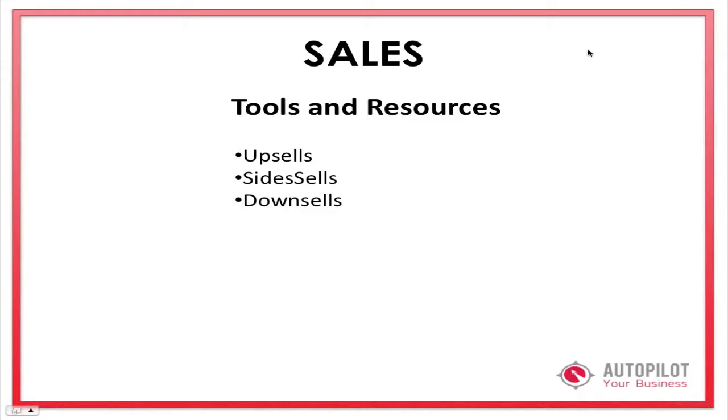Yeah, so I think that the best way to look at this is at the very least what you guys would want to do is to try to do an upsell. So if somebody's buying your ebook, offer them something else in addition to that. When they get to the next page, do you also want this? And this other stuff, the side sells and the down sells, are just examples of how that works,